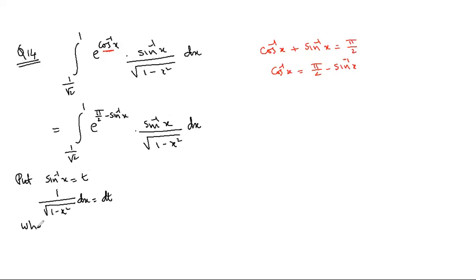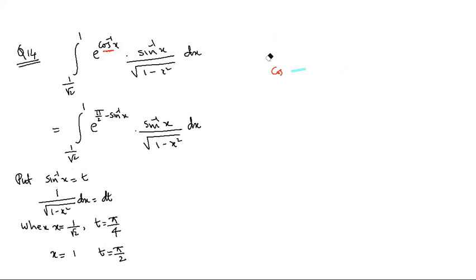When x takes value 1 by root 2, t takes value sin inverse 1 by root 2, which is pi by 4. When x takes value 1, t takes value pi by 2. I hope you understood that. When I put 1 here, you will get pi by 2. When I put 1 by root 2 here, I get pi by 4. So now I can write this integral as, so I is equal to